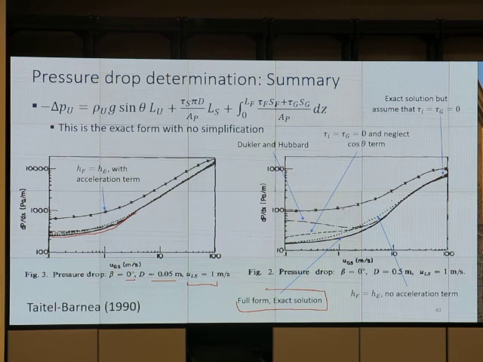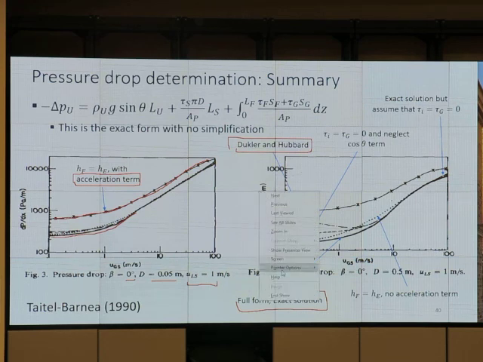like Dr. Hubbard, it's not going to match. So if we use the acceleration term, it over-predicts. You see that? This case is 0 degree, and we have 2 cases. So what this picture shows you is